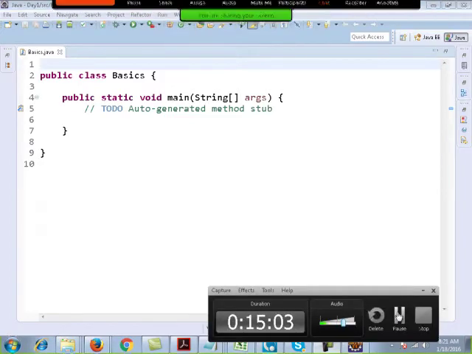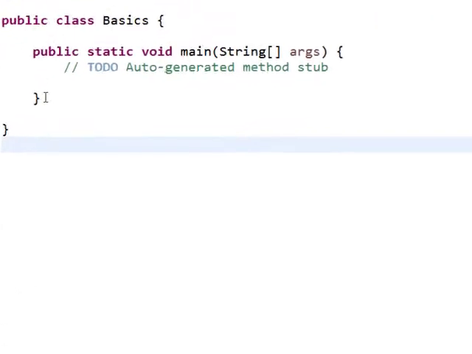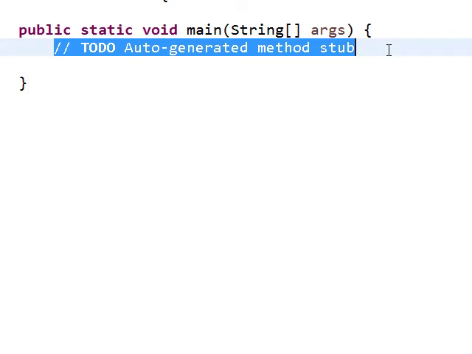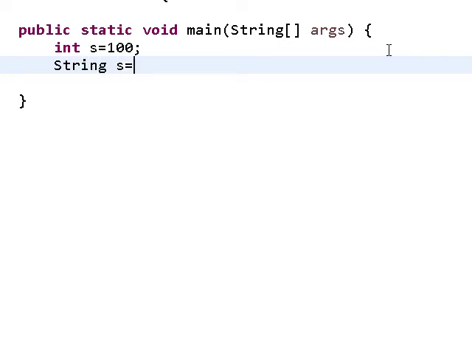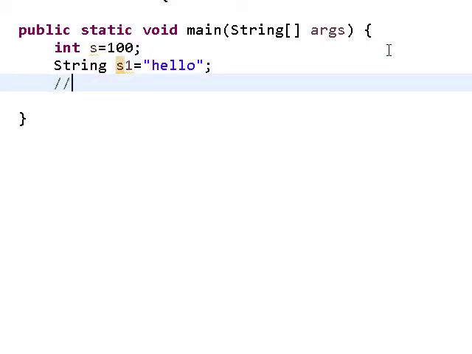I'll fix this. So as I said, I'm assuming you know what an integer is, what a string is, String s equals say hello, what arrays are, and what loops and if statements are, if and for or while.